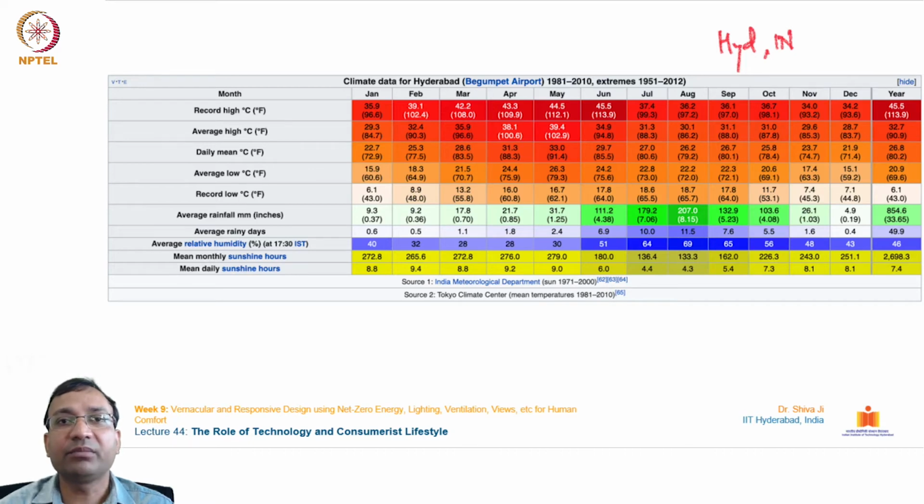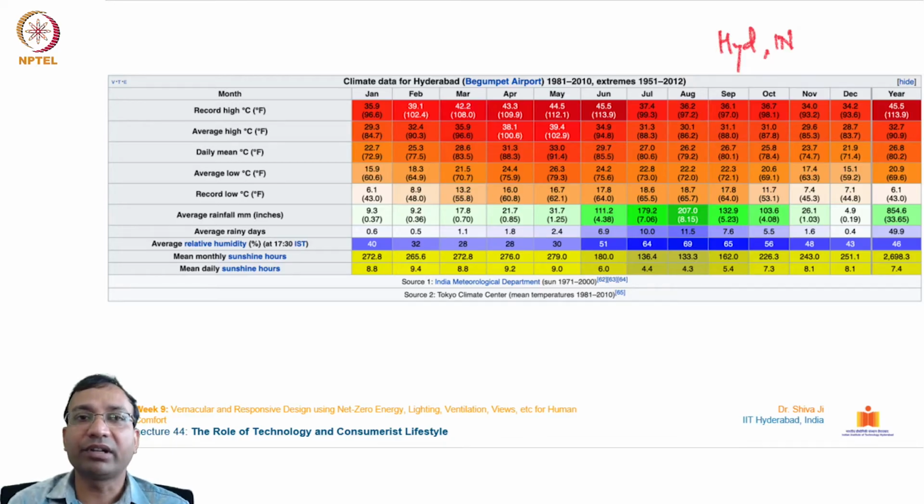The extreme temperature recorded over the years is 45.9 degrees centigrade. June is considered one of the hottest months, with an average record high of 45.5 and a daily mean of 29.7 degrees centigrade. The lowest temperature recorded here is 6.1,